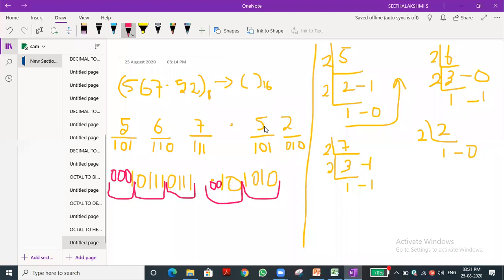How are we calculating? 5 we are dealing with as a single number, 2 we are dealing with as a single digit, isn't it? So we are getting the number. Have you understood this one? Yes, sir. Okay, let me just do it. Now we want to find the first value. What is the first value? It is now in binary form. So now we need to convert binary to hexadecimal. How to do it? We just multiply.